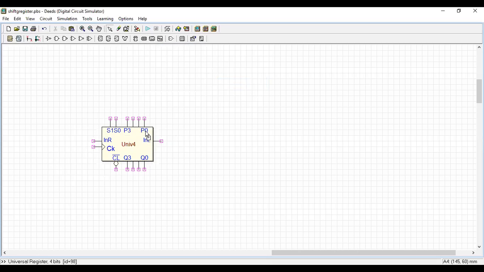P3 to P0 are parallel inputs, Q3 to Q0 are parallel outputs, CL is for clear, CK is for clock, INR is new to us, S1, S0 are also new to us, and then INL is also new to us. So we will first give the things which are known to us.